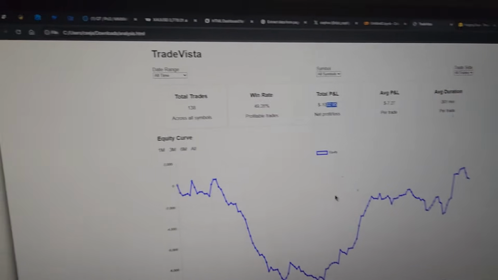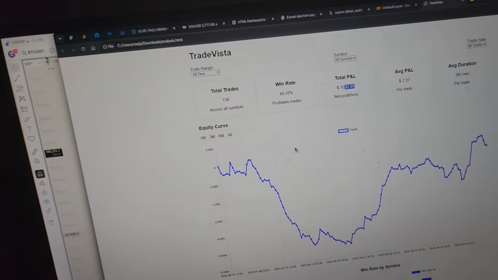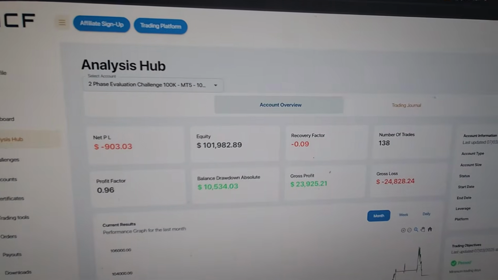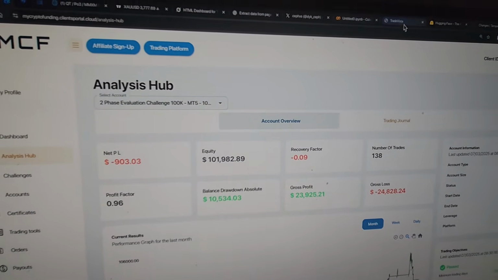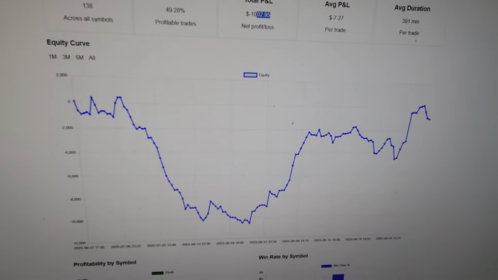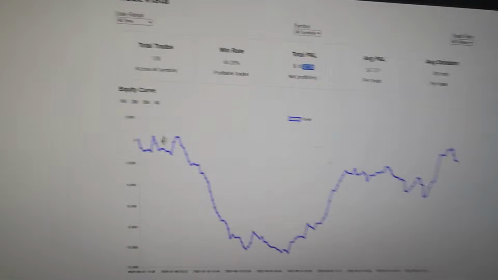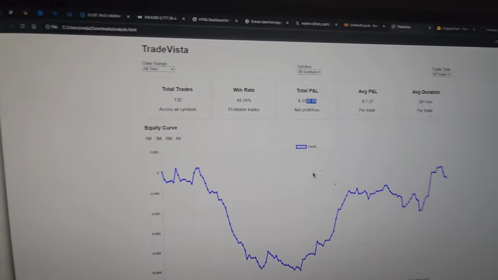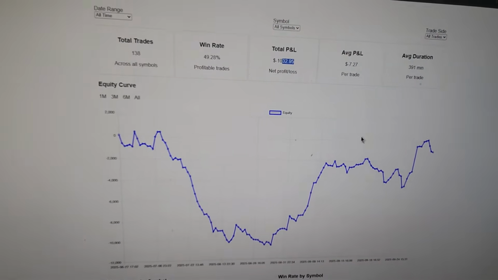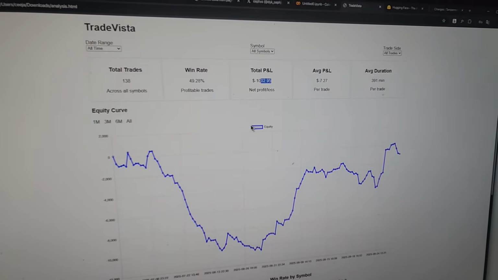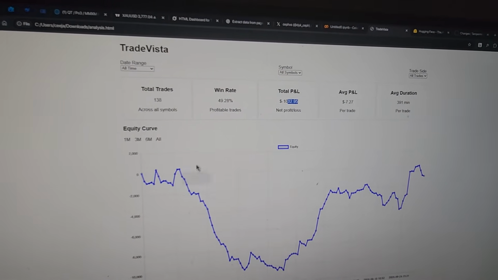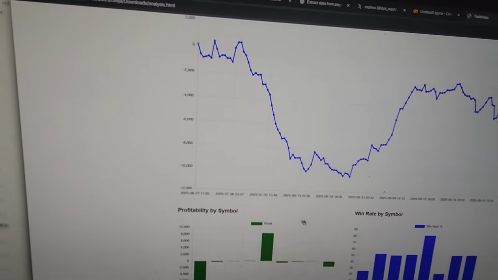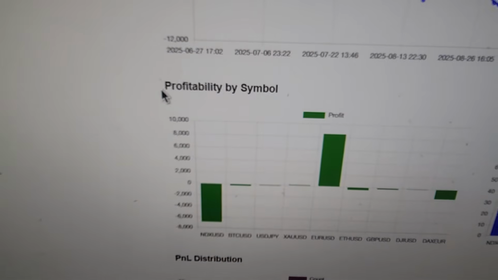And this actually isn't the actual beginning of the account, because the broker had an issue where they had to transfer my account to another broker. They changed the liquidity provider or something. You know how prop firms are. So this isn't the actual beginning of this account. I traded it for like 2 weeks before this happened, and I had to switch brokers. But it's basically the same thing, and I'm not really missing out much because I don't trade much on this account.